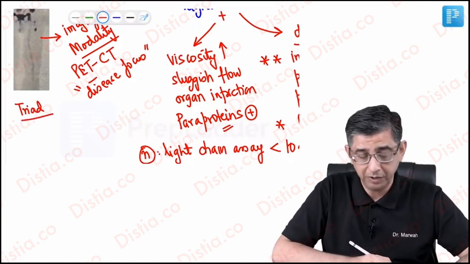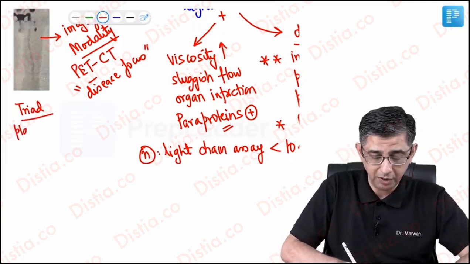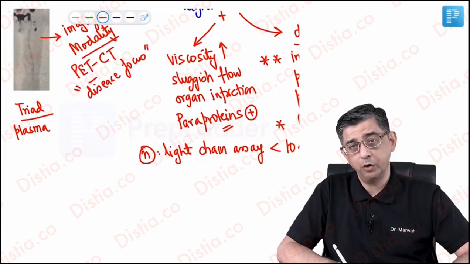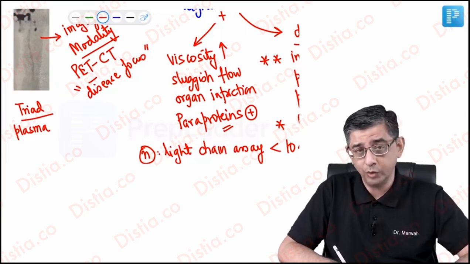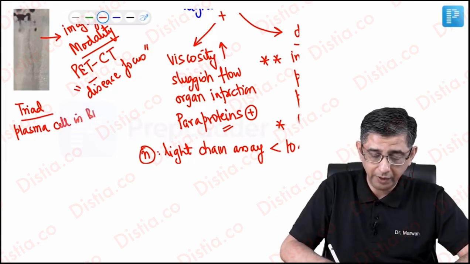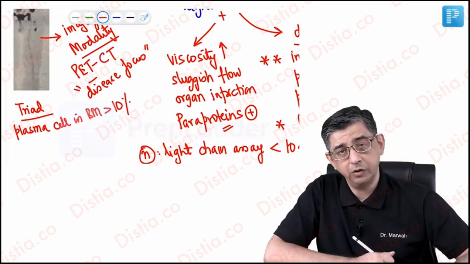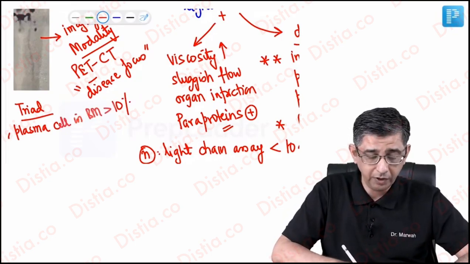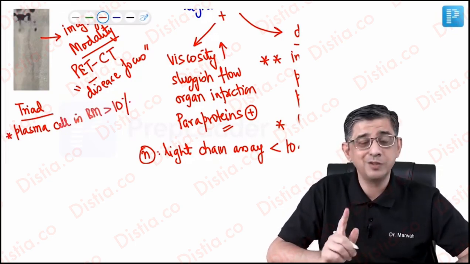One of the important features that I want to highlight at the moment is that if you do a bone marrow biopsy in these patients, it will say bone marrow biopsy of the patient shows plasmacytosis. The plasma cells in the bone marrow should be in the range of more than 10%. The moment I say that, the query from your side would be, sir, in pathology we have read 60%, you are saying 10%. Well, first I'm quoting Harrison here for the fact that there are two separate expressions.